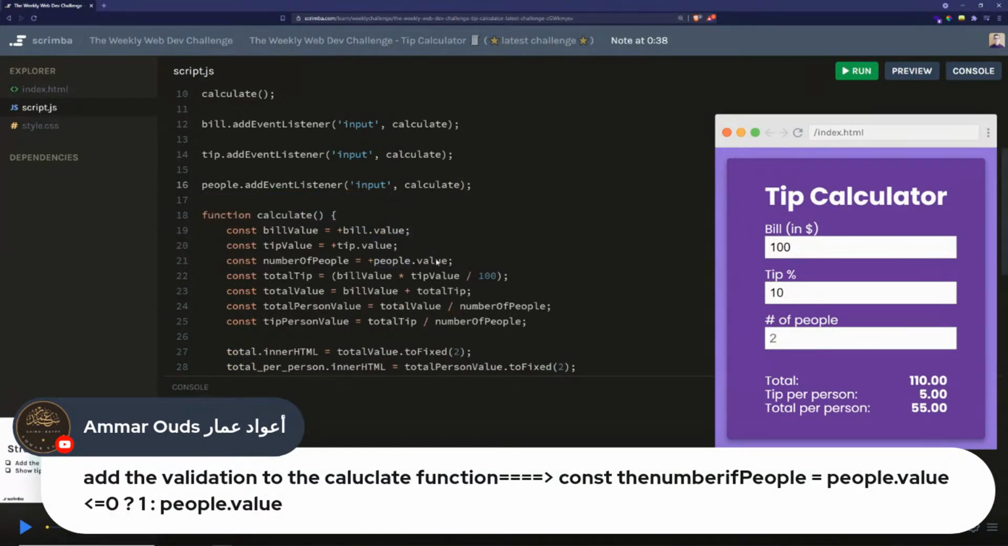So we do it here. If this is less than or equal to 0, then it will be 1. Otherwise, it will be people.value. Okay, so this works. Okay, we can delete it. We can put 0, but it doesn't work. Although that could be confusing